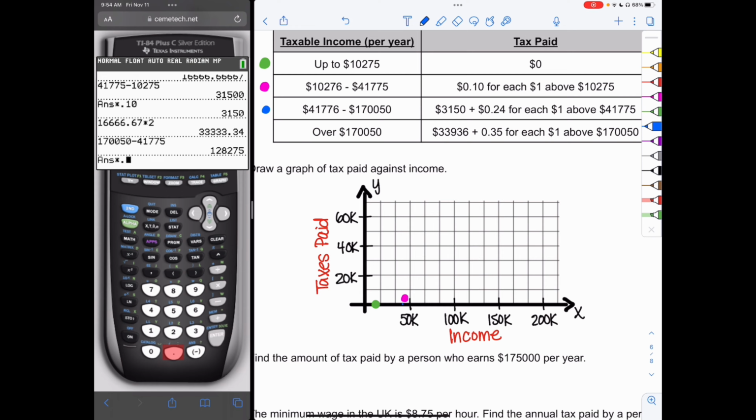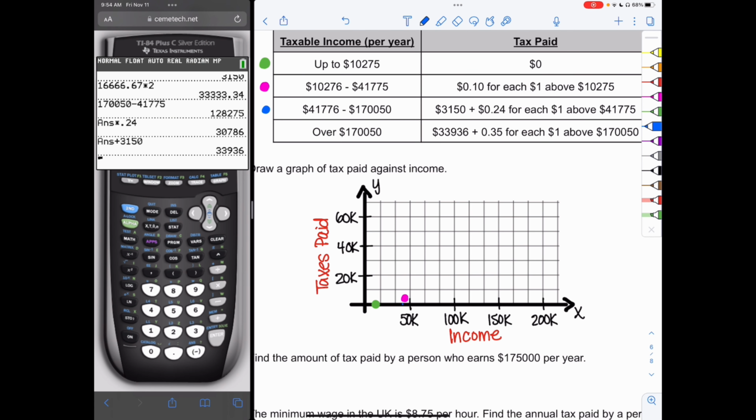So I'm going to multiply that by 0.24, which means that I'm going to have to pay $30,786 on that money, plus the $3,150 for me surpassing that other tax bracket, which would give me a total